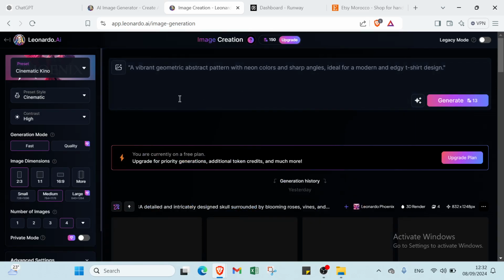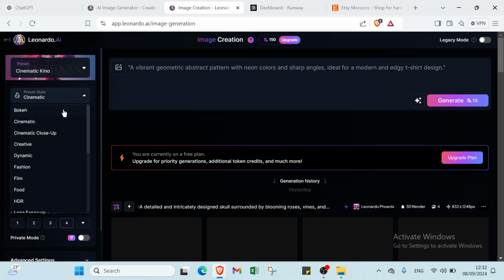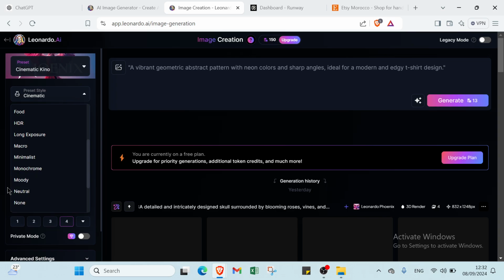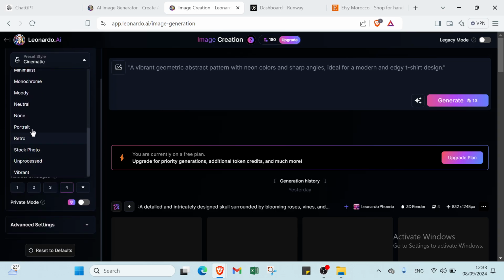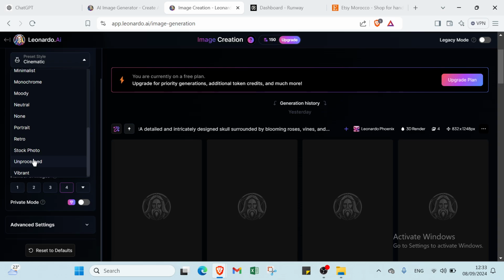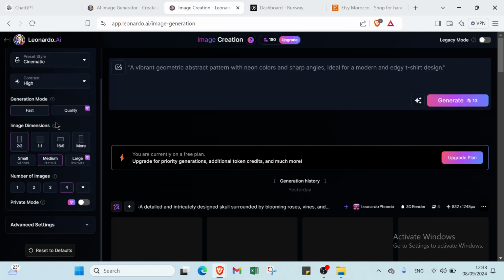And then about preset style, also you choose cinematic, bokeh, cinematic close-up, creative, dynamic, fashion, film, food, HDR, long exposure, and we have macro here, minimalist, monochrome, movie, neutral, none, portrait, retro, stock photo, vibrant, and other things. And then we have image dimensions also, but before we have generation mode, fast or quality, then